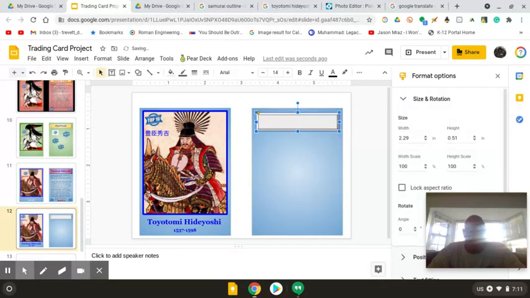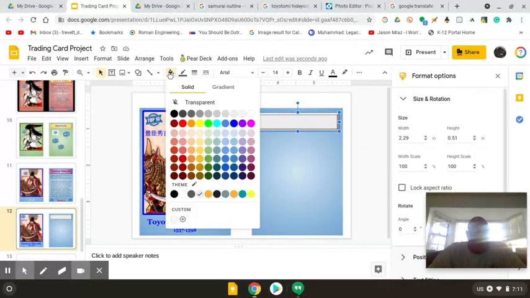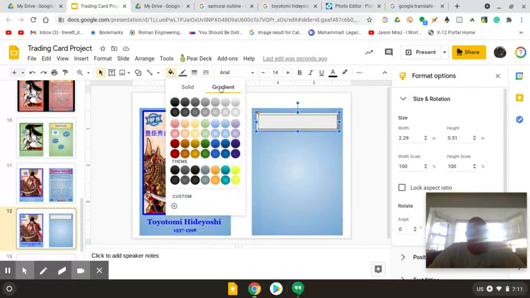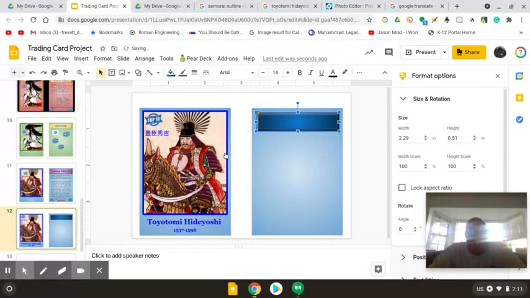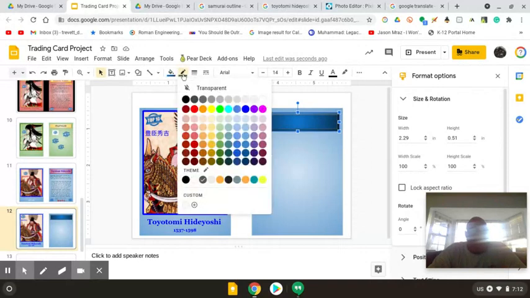To right there. And then it's the same thing as the shapes. You can fill it. And I'm going to fill this one with, let's go, a darker blue gradient. How about that? And then I don't have any other colors there, but I'm going to do the color of his gown as the border color. So I'm going to go with something like this right here